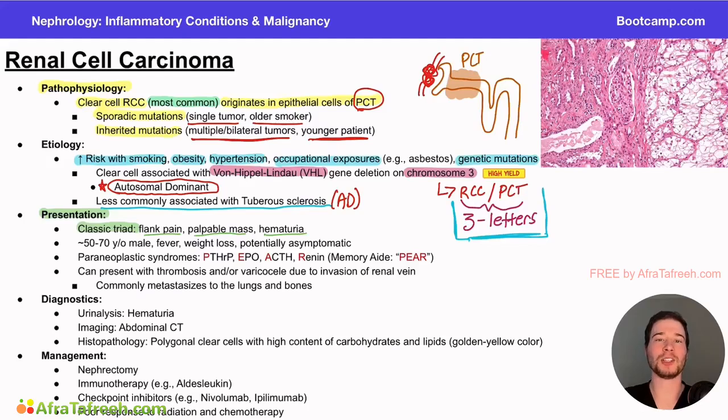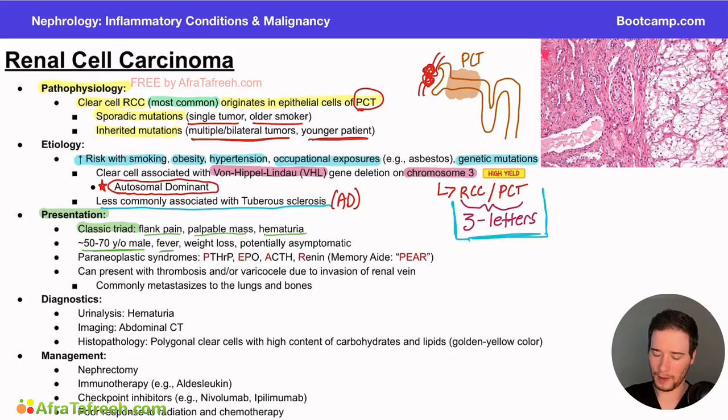And so this is not exclusive. We do not need all 3 of these things to diagnose a patient with RCC, but it's a good idea to keep in mind what are some of the common presenting symptoms for these patients. Next, we're going to talk about age range here, and we said this typically occurs sporadically in older adults. So it's typically a 50 to 70-year-old male who might be